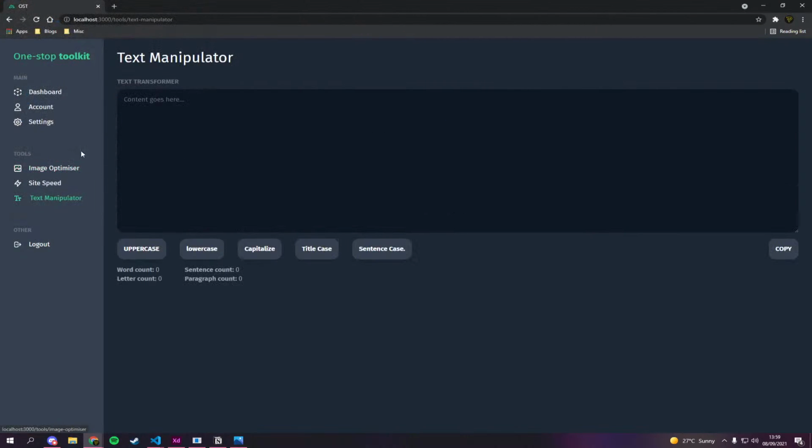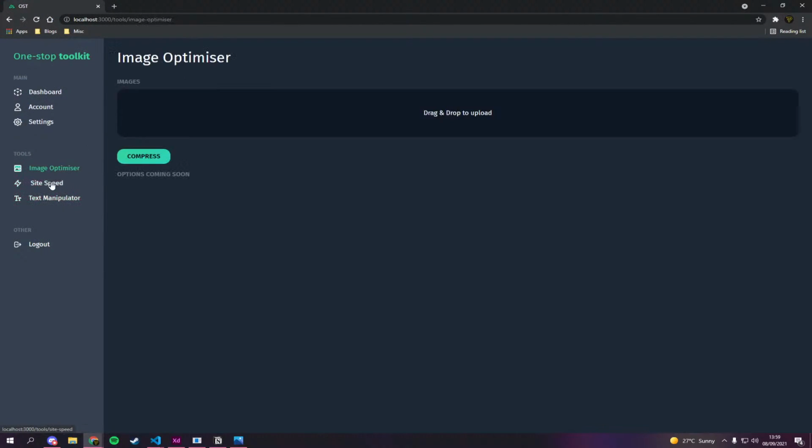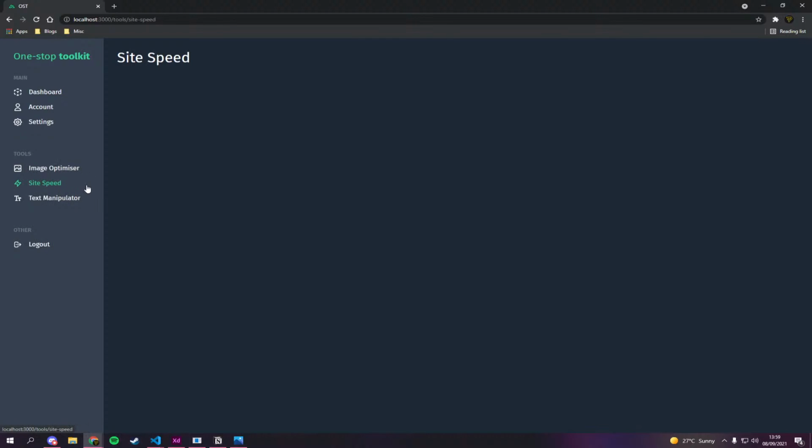Text manipulation, that's fine, simple, it's already there. So I want these ones. I want the URL tracking, so you're able to track URLs. I want endpoint testing and placeholder images. So a bunch of tools more for developers to start with. That's the goal for the MVP. But once those are all released, each week I'll be trying to bring out one of the new features.